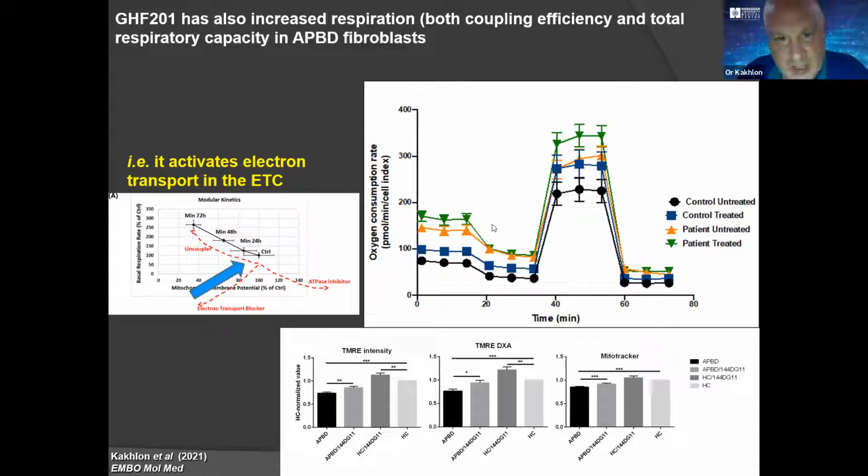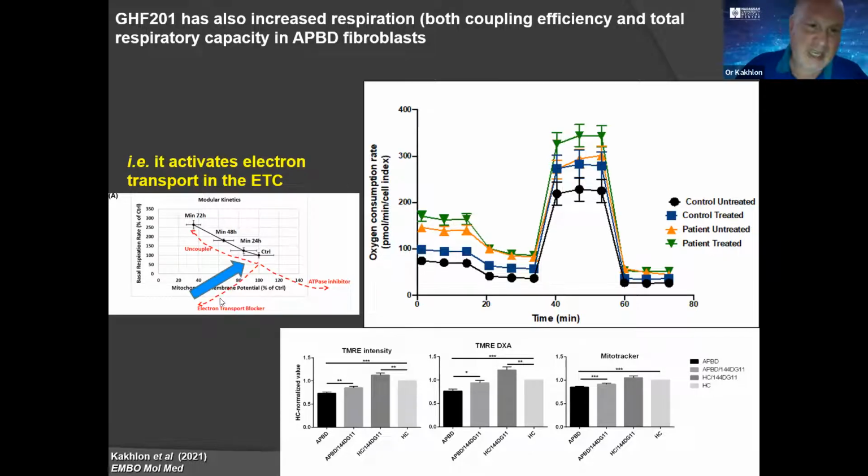So this difference, after you add the oligomycin, this relative drop is higher, so the coupling efficiency is higher. More of the electrons flow, or actually more of the proton gradient, goes to ATP synthesis. So the coupling efficiency is higher. Less goes to leak, more goes to ATP synthesis, and also the maximal capacity was increased. So actually, if we go back to the modular kinetics,